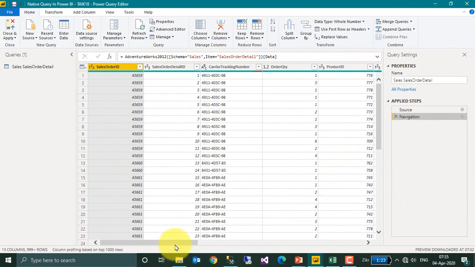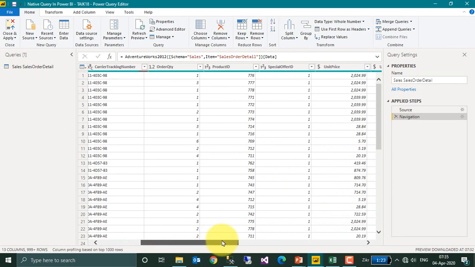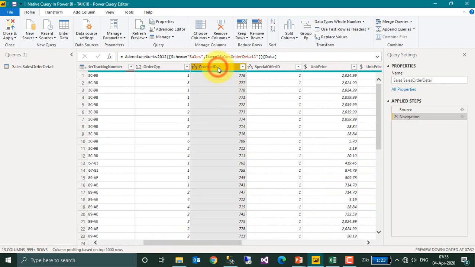For example, if you want to get the sales order detail by product ID, you just want to group by on this table. You can use group by either in DAX or in Power Query Editor. I made a video about how you can do the group by in DAX in Power BI. If you haven't seen that, just click on the link given on top of your screen. Now coming back to this one, in Power Query you can also do that, and I've made a video about this one as well.